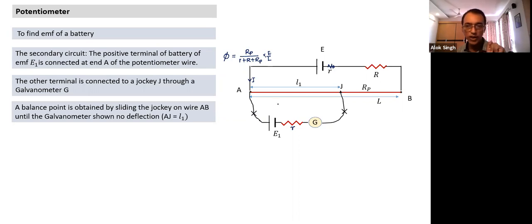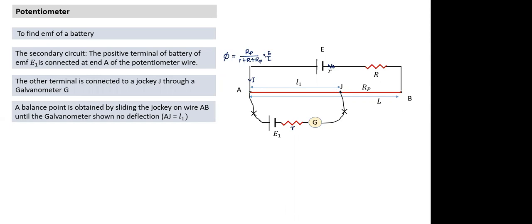Let me try and understand why the current has become 0. If the current has become 0, is Kirchhoff's loop rule valid? Yes, it is valid. I can apply the loop rule in two ways. Either I can start a loop from A to J and go like this and calculate potential change equal to 0. Or the other way, if I take the potential difference between point A and J, which point will have higher potential? A will have higher potential.